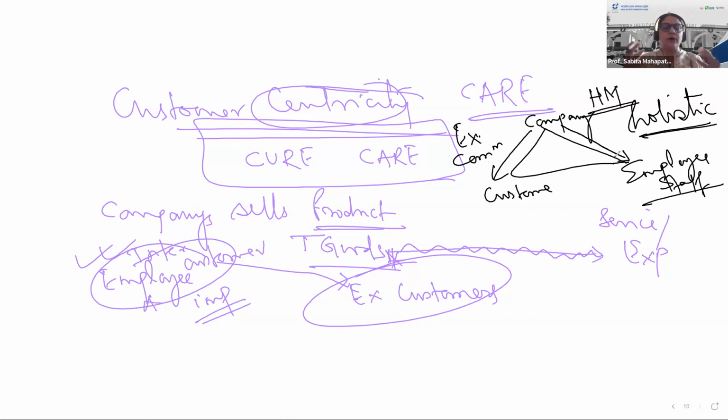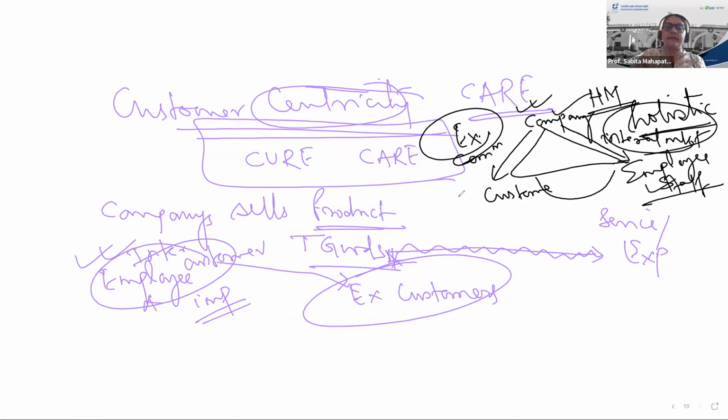Employees should be enrolled or involved in this process of developing the mission. They should be empowered to take some action, to go beyond their roles for delivering extraordinary service. This is called internal marketing. This is external, this is internal, between company and staff. External is company, brand, and customer. And this is